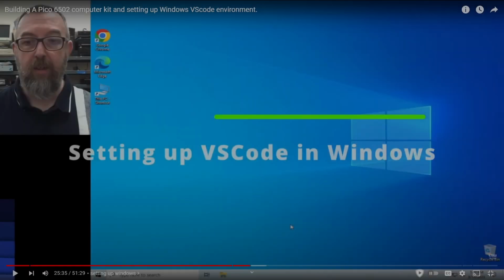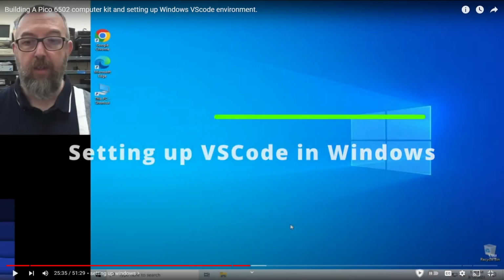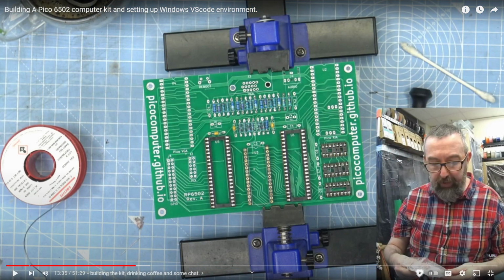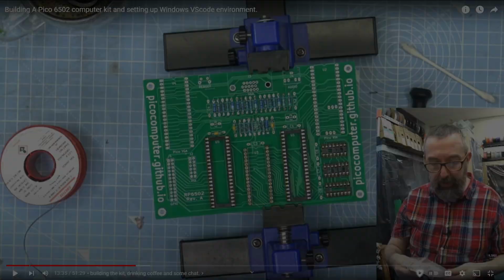So the tools I picked for the Pico Computer SDK will run on Windows and macOS, but I've never installed them on Windows, and macOS wants to be different by not supporting UART breaks. There's good news for both operating systems. I've implemented a workaround for macOS, and Lee Smith has released a video for Windows. There's a link in the description. You can also watch him build one in the same video.